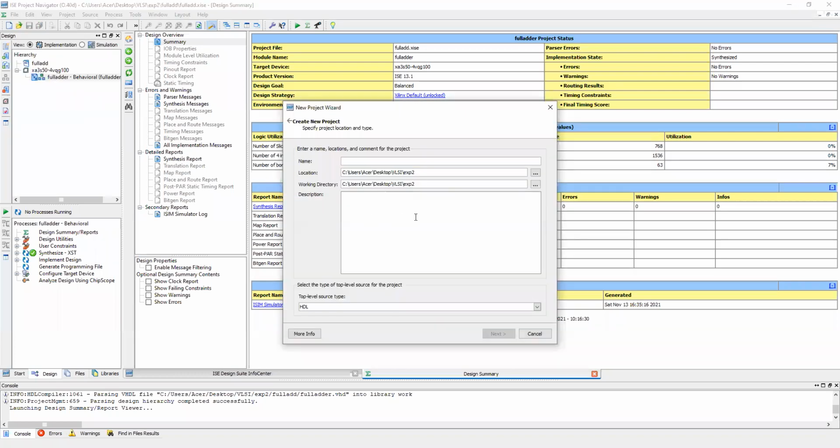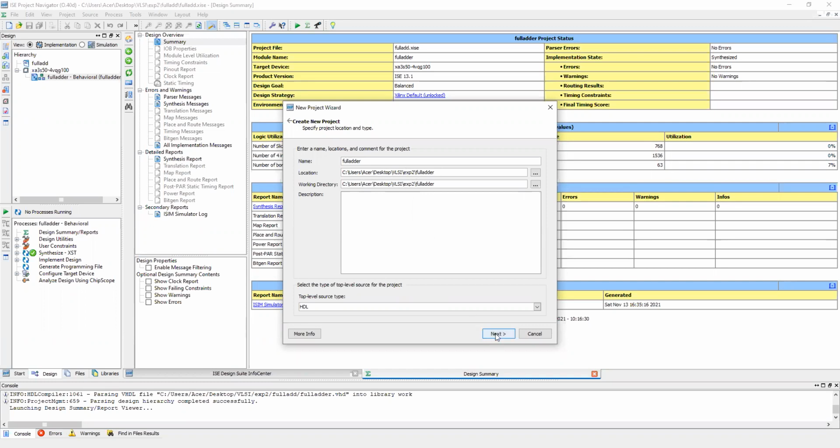Once you click on New Project, it will ask you which new project you want to create. You can give it any name. We will give full adder. I have given the name here. Then it will create a folder at this location in the C drive, in the user folder, Acer, desktop, VLSI, experiment 2, full adder.